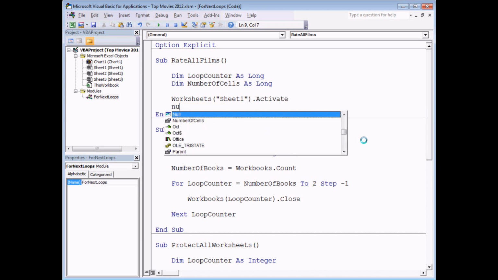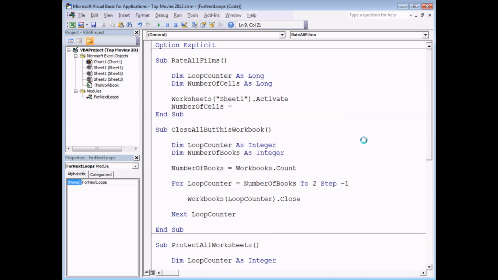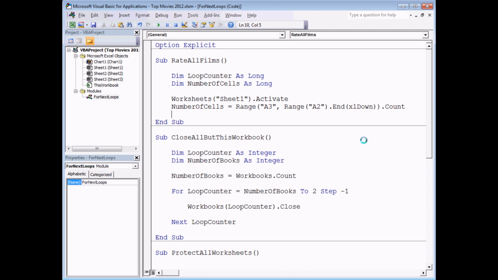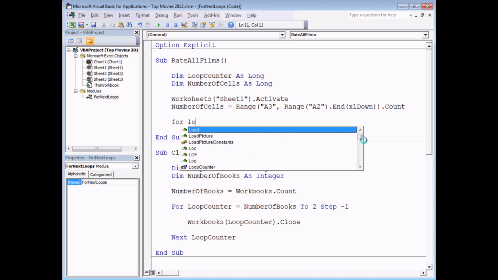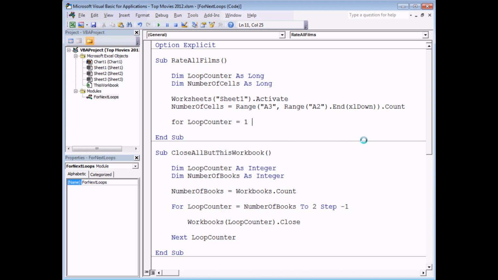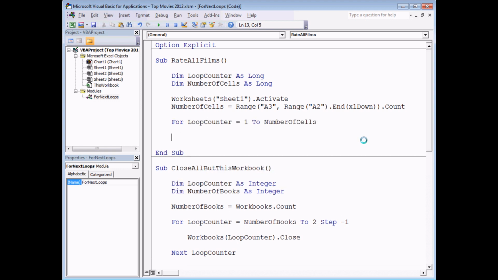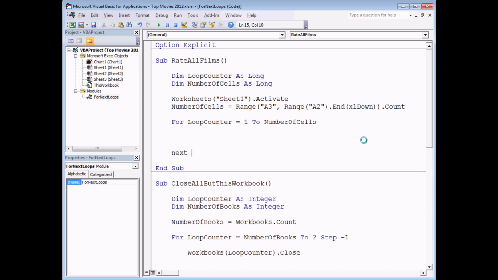Then I can say numberOfCells equals Range("A3"), so that's the top of my list. I can find the bottom of my list by saying Range("A2").End(xlDown), and then I can simply say .Count, so that counts the number of cells in that range. Now I can begin my loop, so I can say For loopCounter = 1 To numberOfCells, a couple of blank lines, say Next loopCounter, and then I can work out what I actually want to do